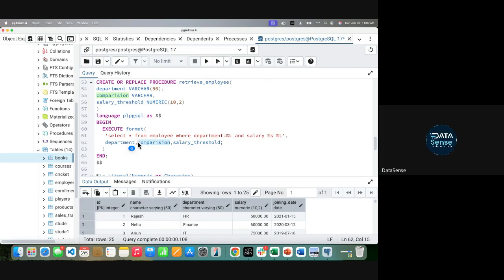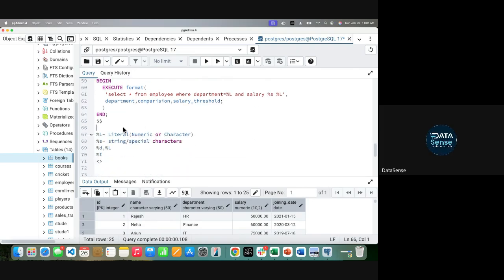No, you don't. Or am I wrong or confused? Here, what is the comparison operator? Equal to. So we are passing it as a static value. Here, I'm not passing the comparison operator as static. Here, the comparison operator will keep on changing, right? It could be salary greater than, less than, greater than equal to, less than equal to. It could be salary equal to.